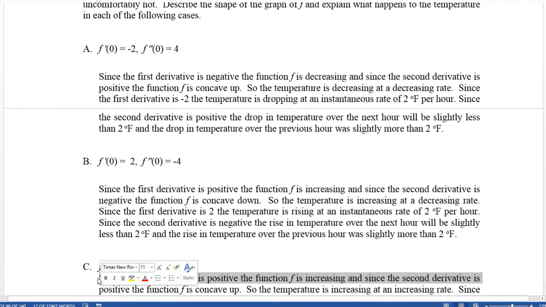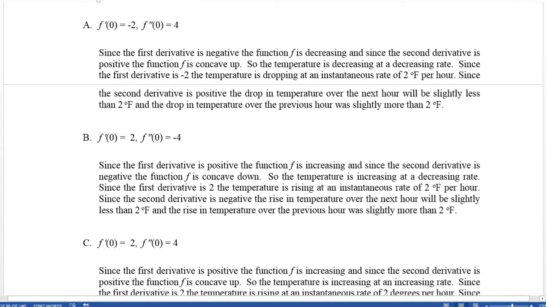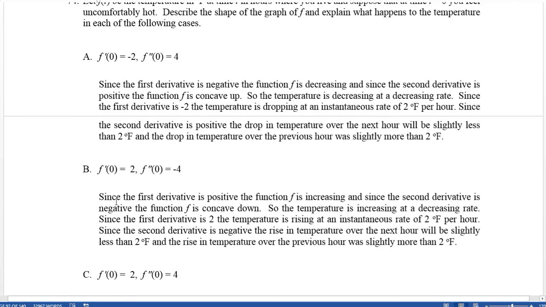All right, how about this next one? Same scenario, but this time f prime of 0 is again 2, but f double prime of 0 is +4. Well,